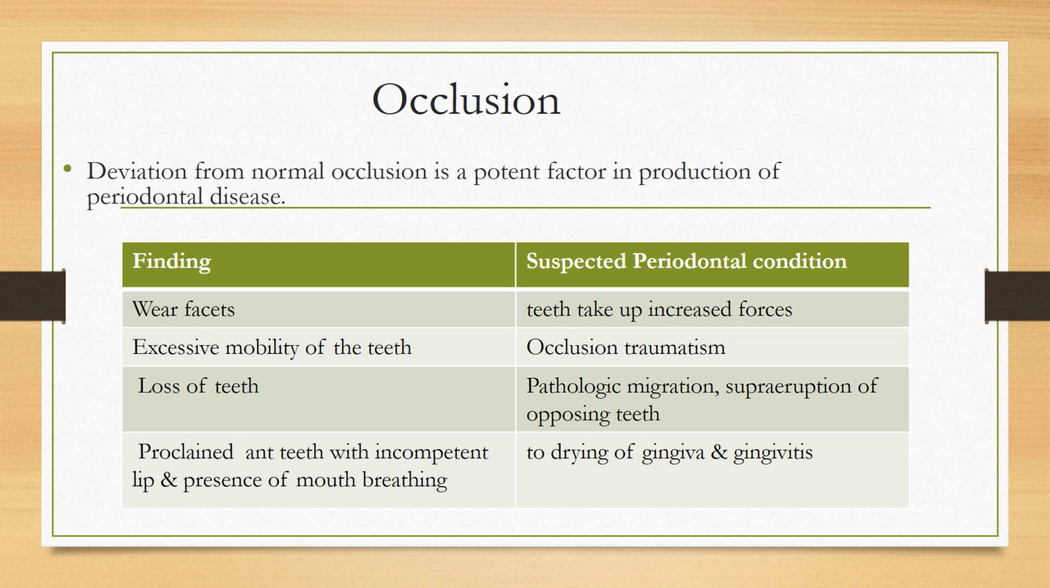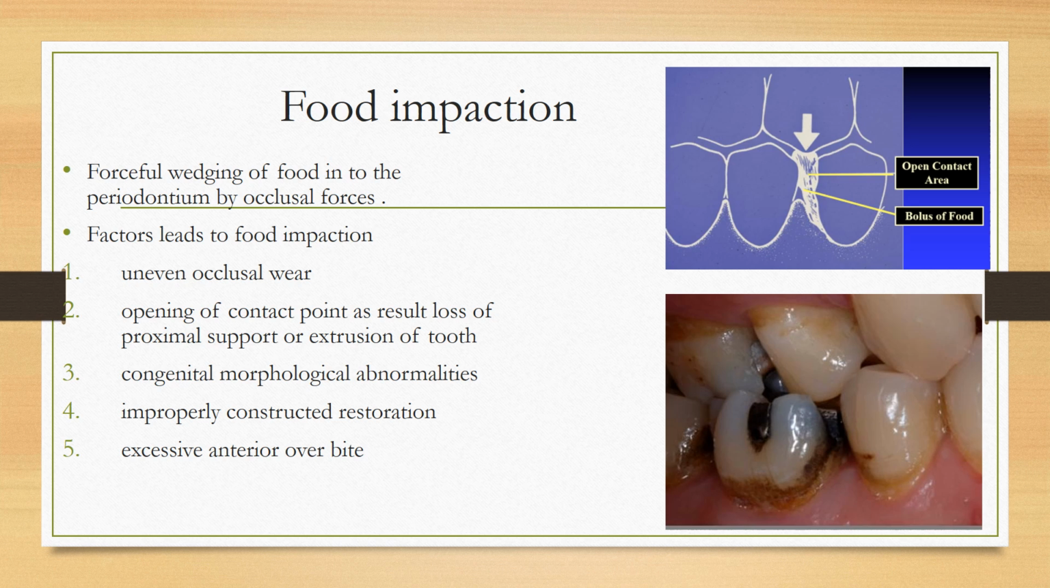Loss of teeth might lead to pathologic migration or supraeruption of opposing tooth. Proclined anterior teeth with incompetent lip and presence of mouth breathing might lead to drying of gingiva and it might lead to gingivitis. Coming to food impaction, forceful wedging of food in the periodontium by occlusal forces, that is called